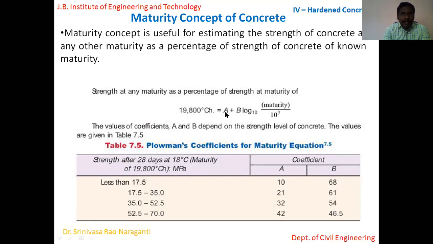Okay. So here A and B are known as Plowman's coefficients. Plowman's coefficients are based on the grade of the concrete, in the sense the 28 days strength of the concrete. Based on the 28 days strength, we have the coefficient values A and B. If it is less than 7.5, then your A value is taken as 10 and B value is taken as 6 to 8. At least you have to remember 2-3 values, guys, 2-3 slabs, because in the exam you may not get this given, but we expect you to remember the values and use them appropriately if you get any question on this. Okay, so this is how we find out the percentage of strength attained by a concrete based on the maturity. To get this concept clarified, let me explain two numerical problems on this.